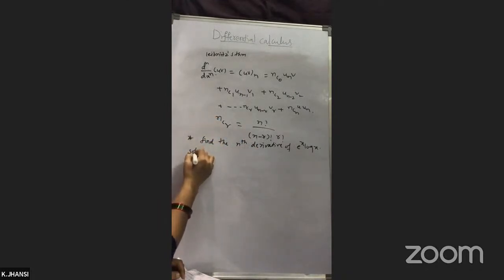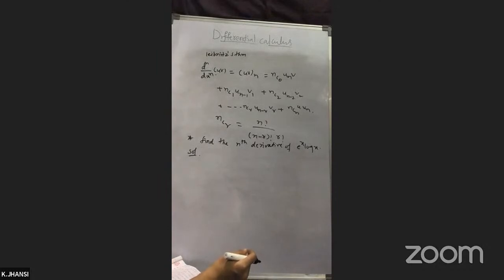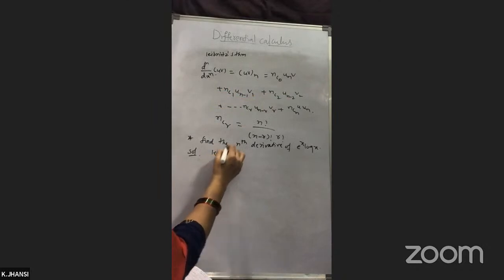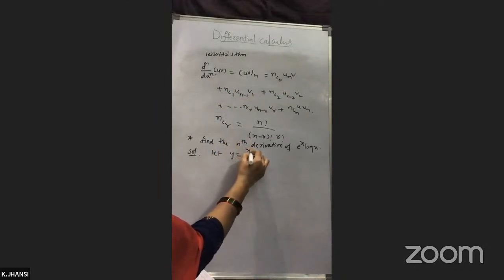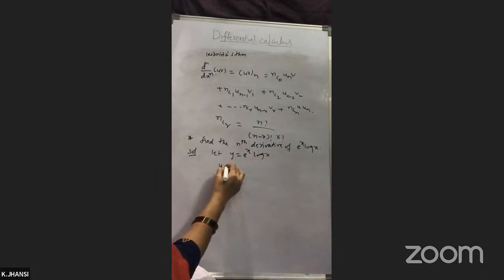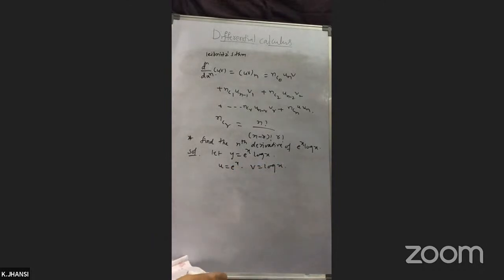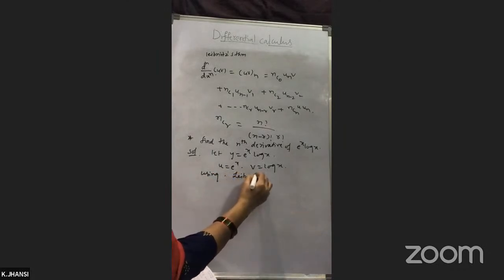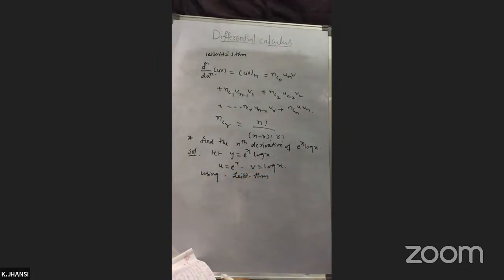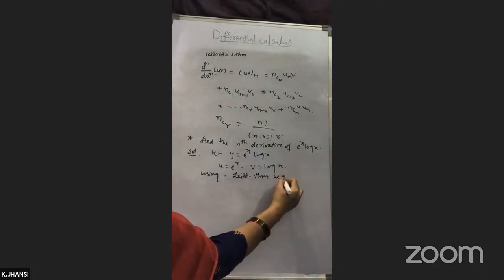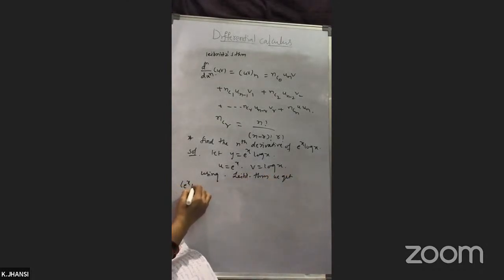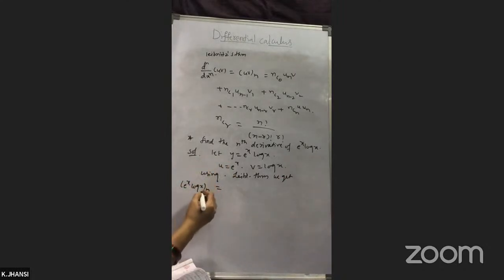So here you take what is u and what is v. The formula is what? (uv) of n equals this one. So you take y equals e power x log x. From this, the u value is e to the power of x, the v value is log x. So now using the Leibniz theorem, we get (e power x log x) of n is equal to,